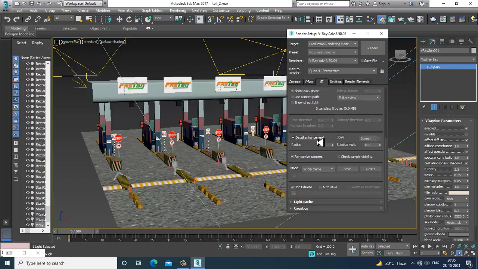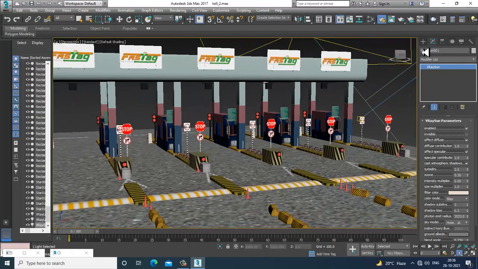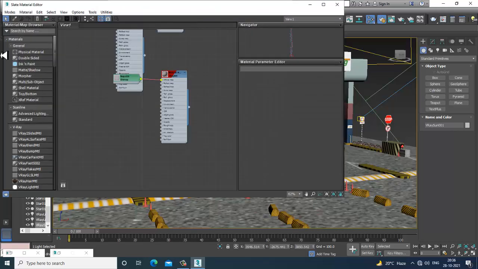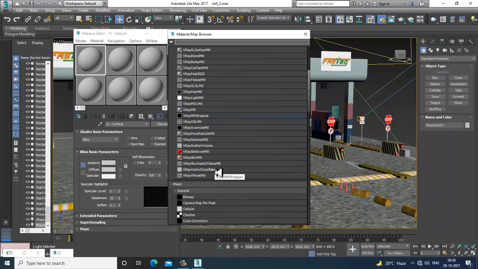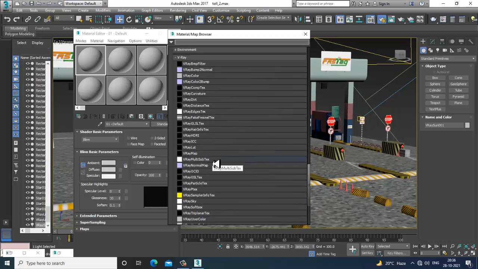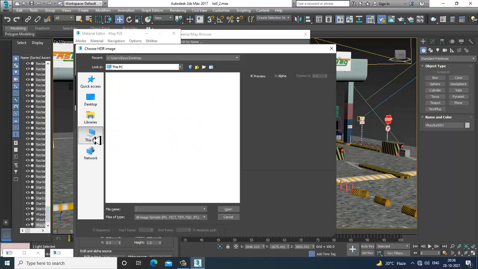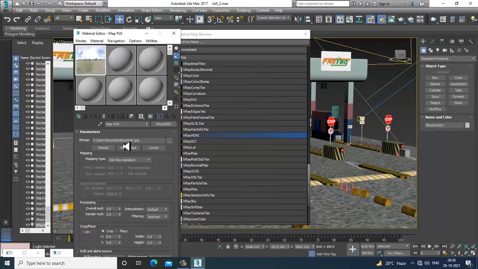Now I want an HDRI map also. So let's go into material. I'll call a V-Ray HDRI over here. If you have an HDRI map, let's take this HDRI map and set it as spherical.